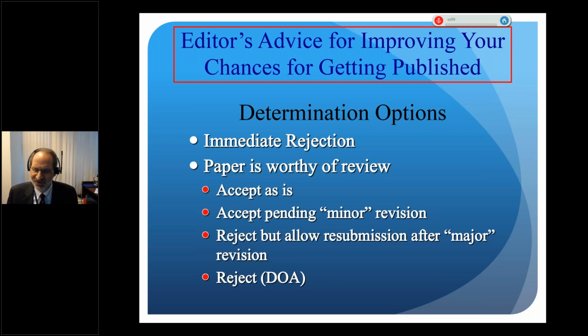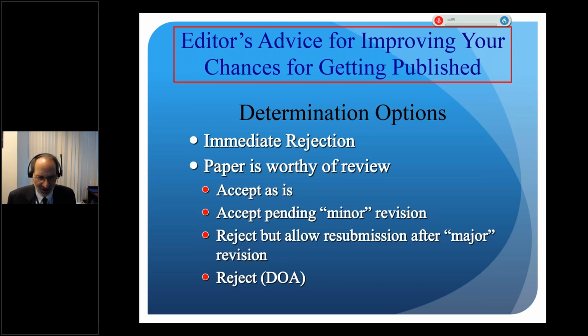Then another category is the paper needs a lot of work, but it's salvageable. So the reviewers and the editors will send back to the author a number of concerns or requests. Please do this, please change this, please add a reference, please tone down your conclusion, it's a little bit harsh, or your conclusion's too long. And the paper can then be reevaluated once it's corrected and sent back to the journal.